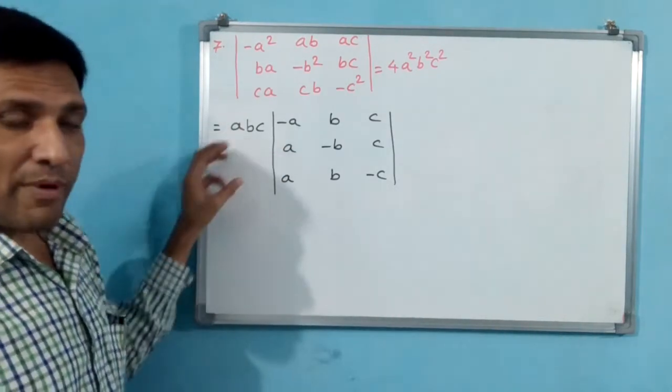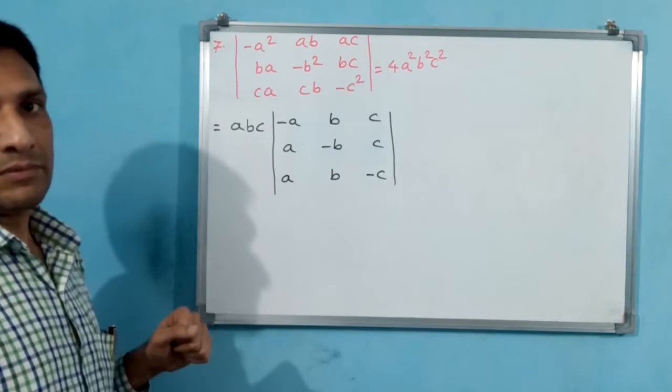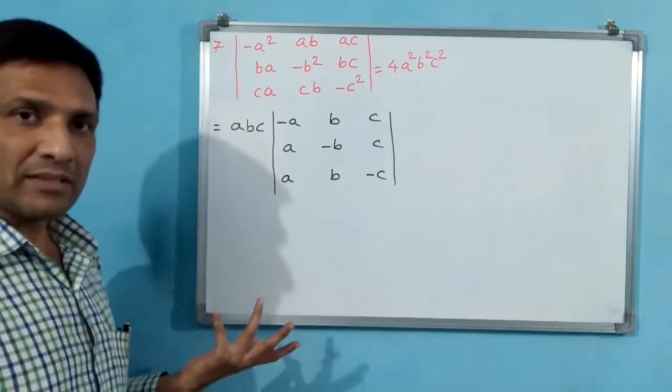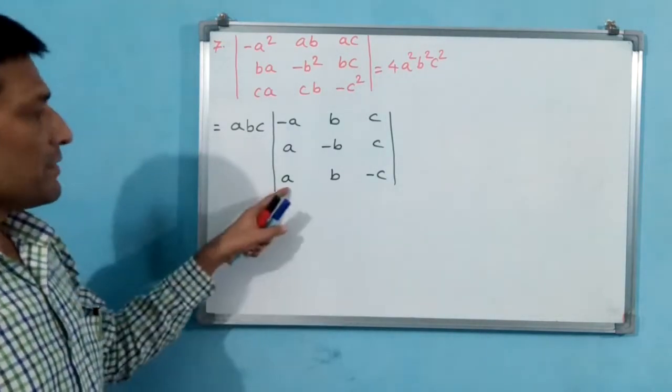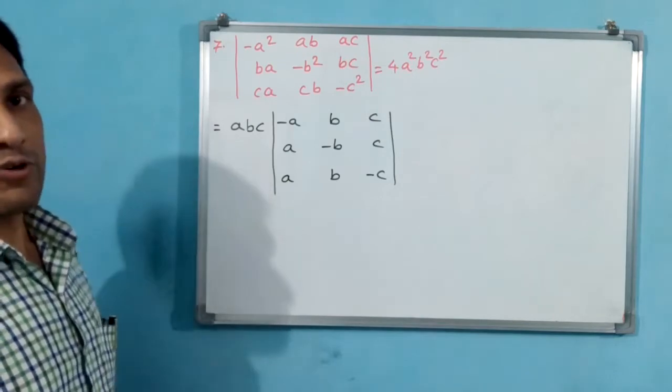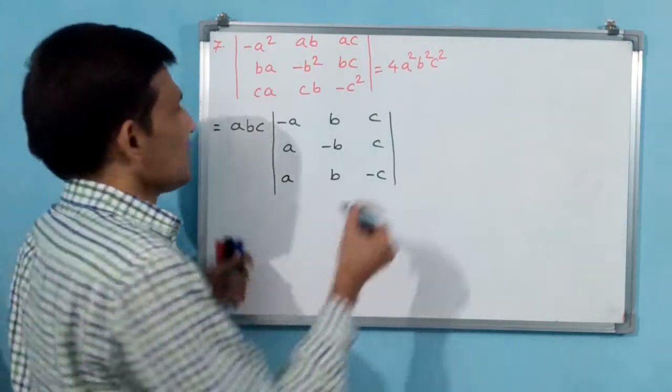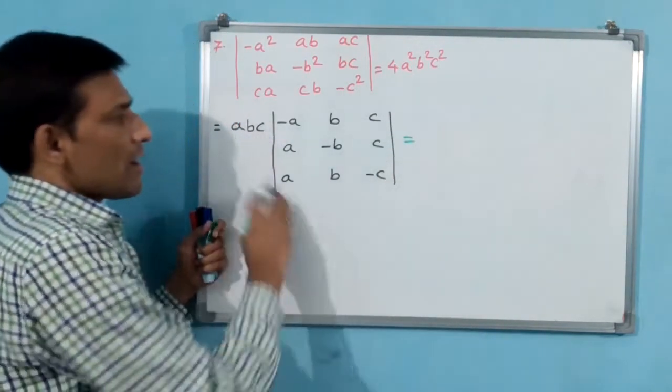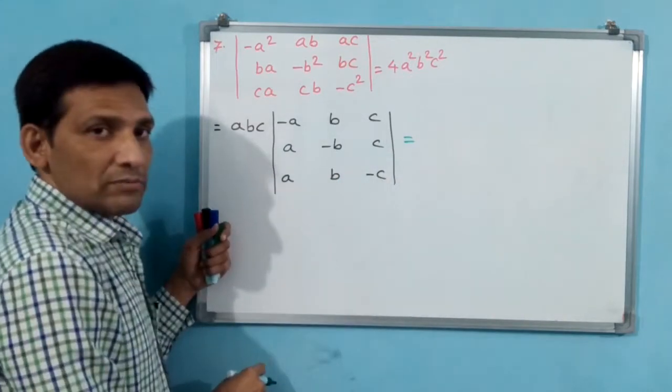Why? Because whatever common you are taking, that is multiplication. You are taking common, so what is that common? Multiplication. Multiplication means A into A, A square is going to become. Like that you have to think. See what I am writing, all I am writing on the right side, but you have to write it down.